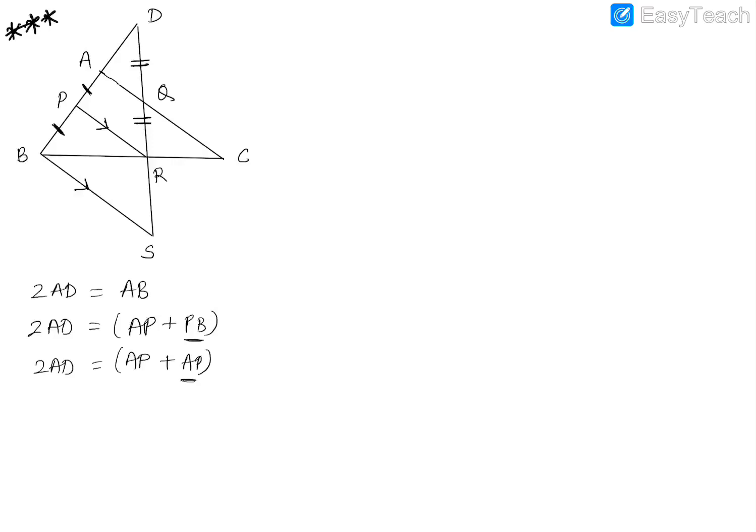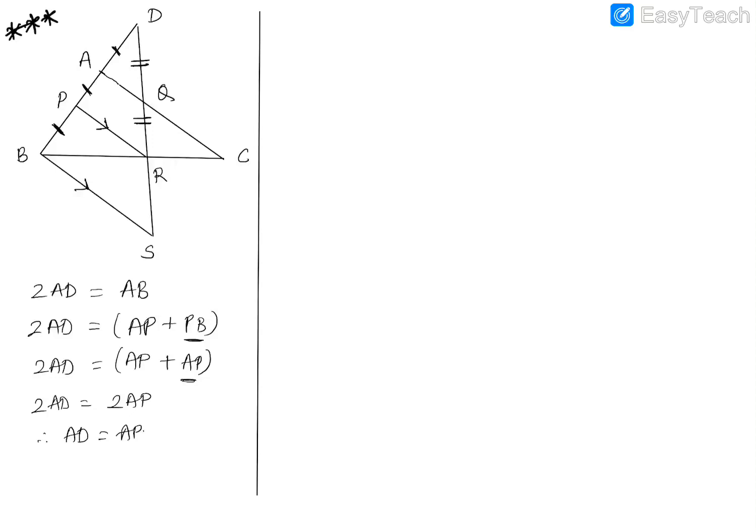Guys, you'll also write that as a statement. I'm not writing it out here. So then 2AD is equal to 2AP. So therefore AD is equal to AP. Guys, you'll have to do all this in the beginning, but I'm marking this here only right now. Okay, so I'll start the solution now. I'm just marking it in the picture, that they are equal, all three. So you'll have to prove this first.